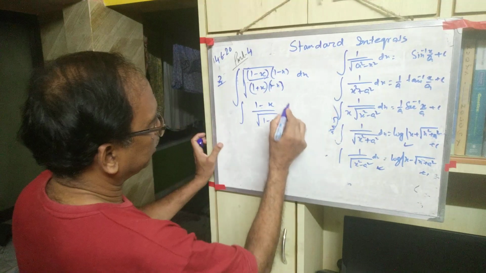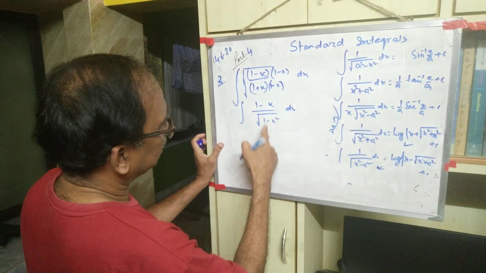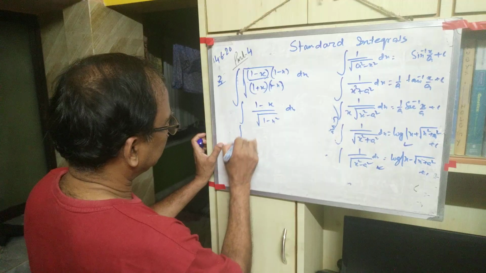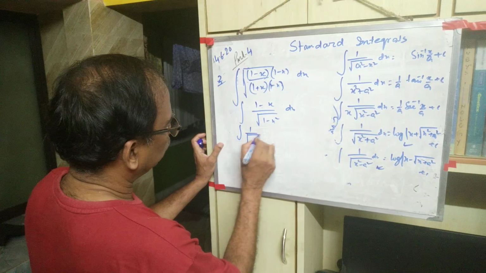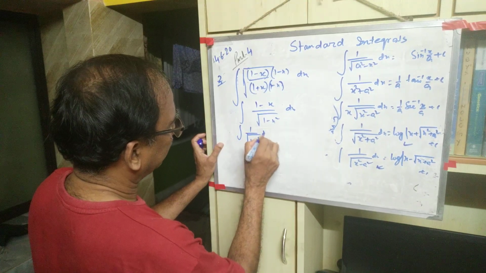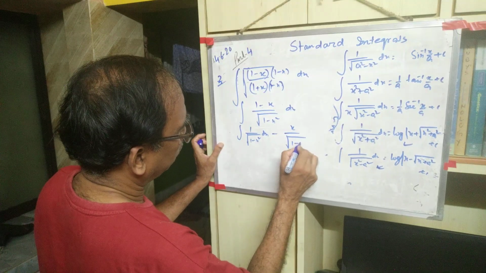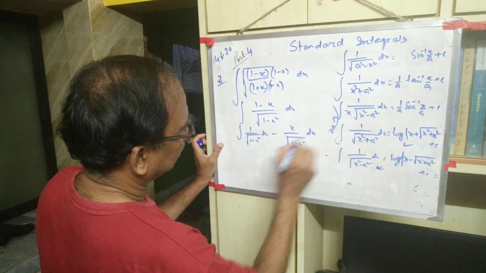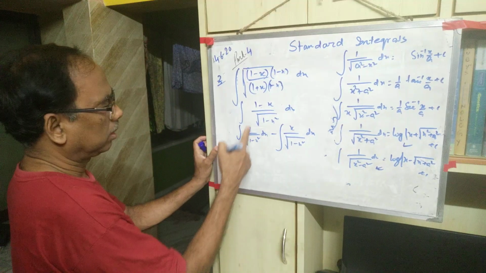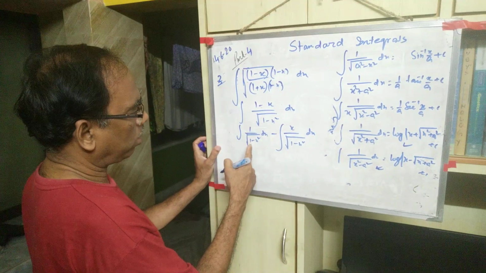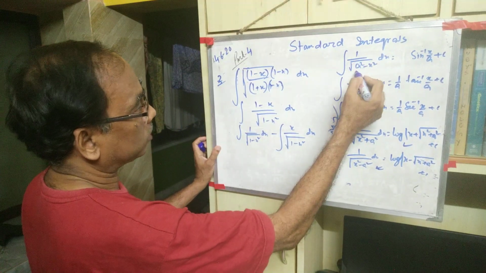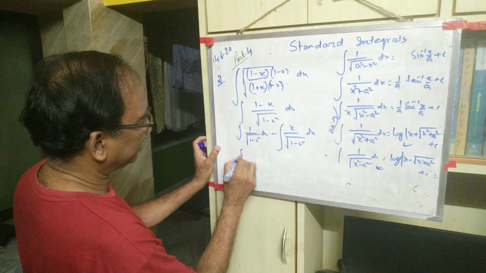And now split this up. And then 1 by this minus this by this. That is integration 1 by root over 1 minus x square dx minus x by root over 1 minus x square dx. Integration 1 by root over of 1 minus x square, of the form 1 by root over of a square minus x square, is sin inverse x, that is only sin inverse x,